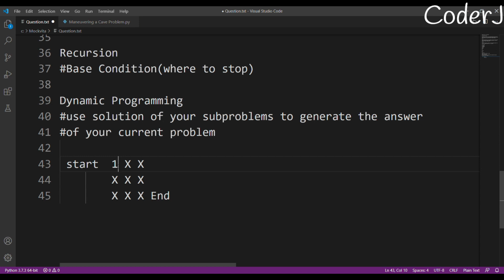What about this point? How many total possible ways are there? Again, there's only one way. Why? You might be thinking, why not? Let's just go from here to here, and then from 1 1 to 2 1, from 2 1 to 2 2, from 2 1 to 1 2, right? But we can't. We can only move in two directions, bottom and right. So this is the creation of our subproblem solution, and it's quite interesting that this is also the base condition that we'll be using when we are calculating using recursion.